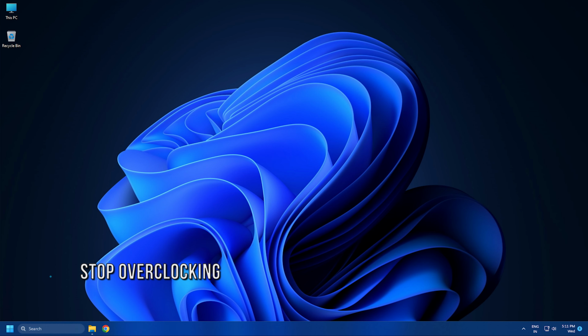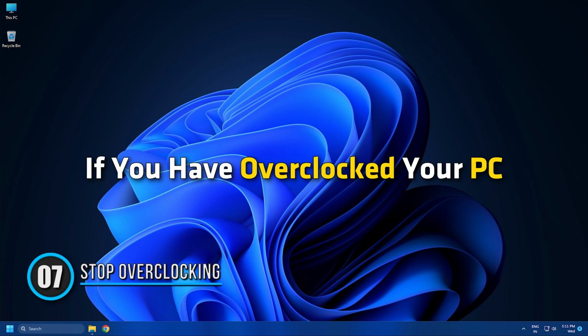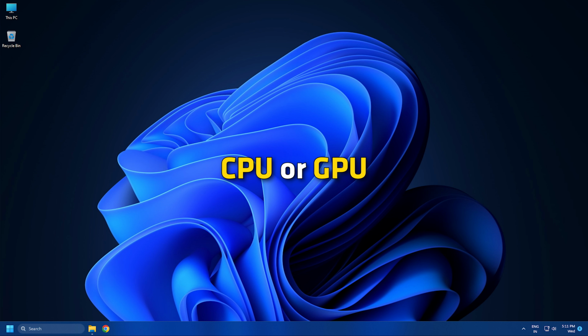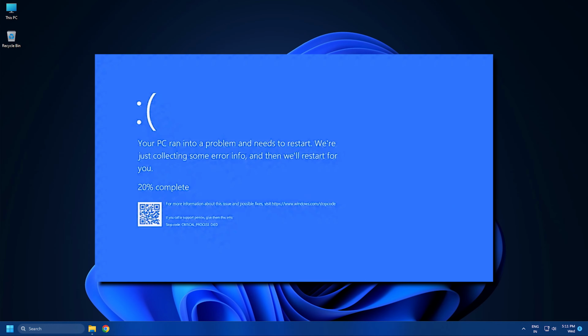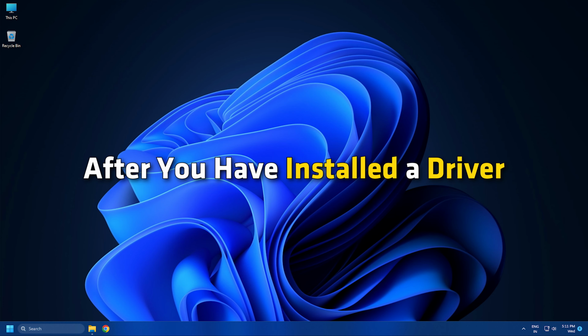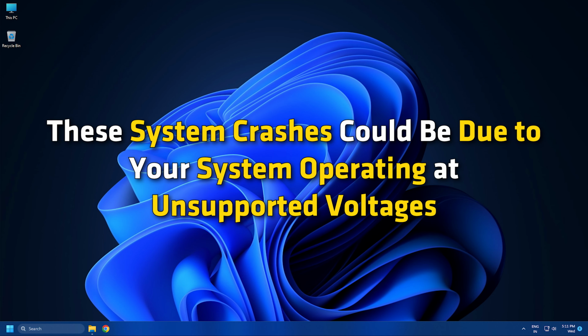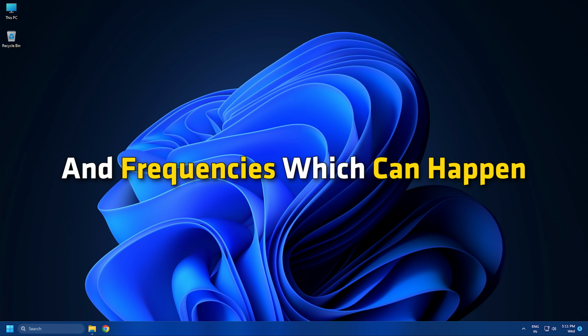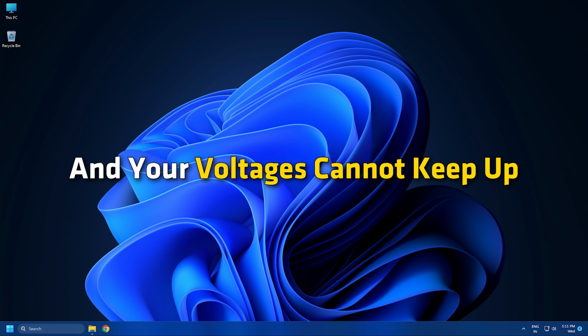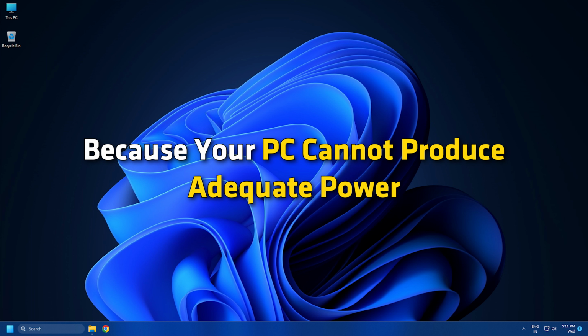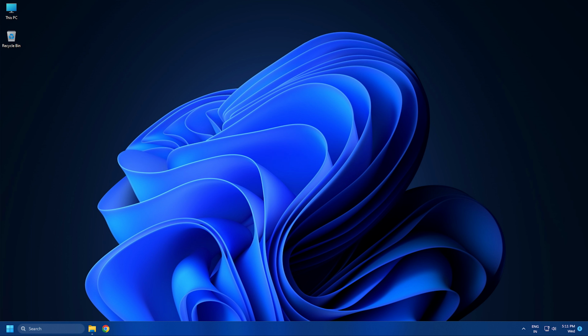Method 7. Stop overclocking. If you have overclocked your PC, CPU or GPU like this, chances are you may experience blue screen errors at random, not just necessarily after you have installed a driver. These system crashes could be due to your system operating at unsupported voltages and frequencies, which can happen if your GPU frequencies are too high and your voltages cannot keep up because your PC cannot produce adequate power due to